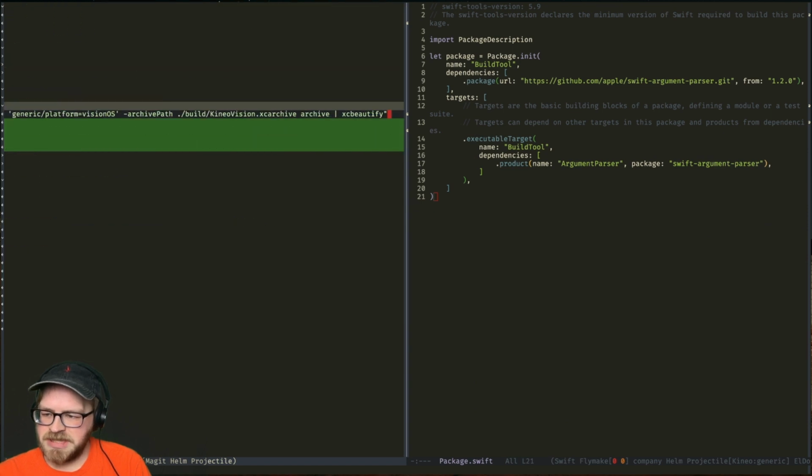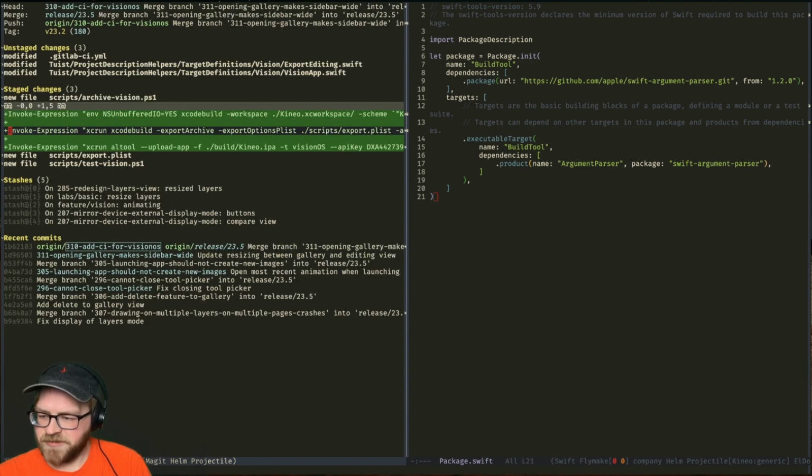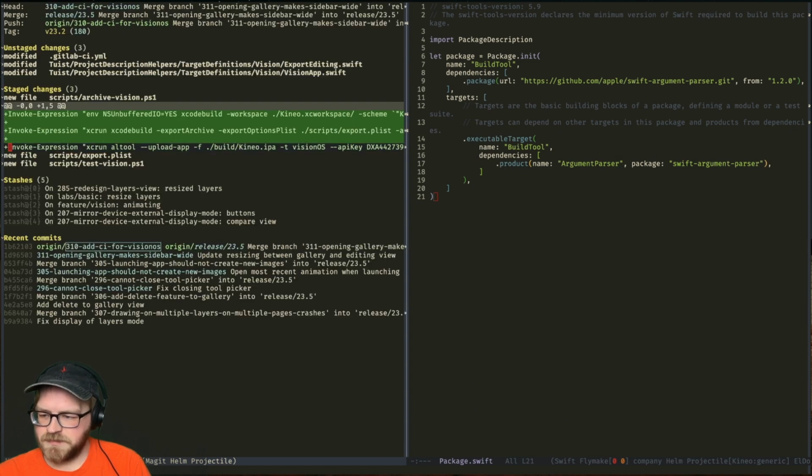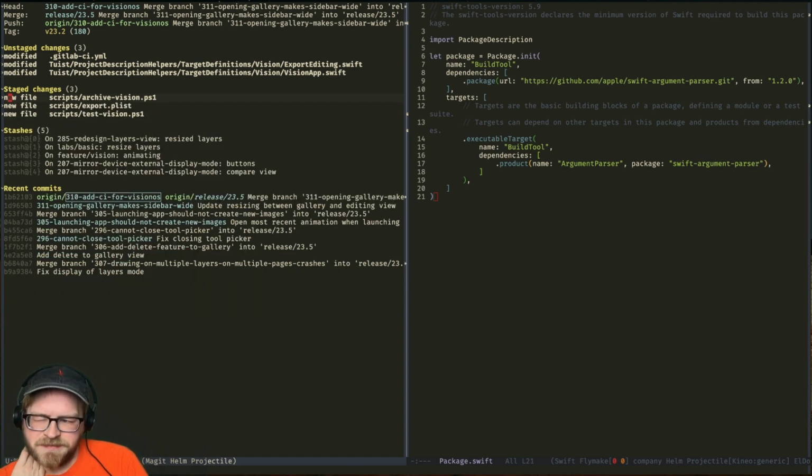So this here is saying, go archive it into this path, basically. This one is saying, after you've archived it, export out of the archive to just this build folder. And then this here is saying, actually go and upload it. I think there is something that we're still missing, and so this might fail at the very end here, which is that we are not currently updating our